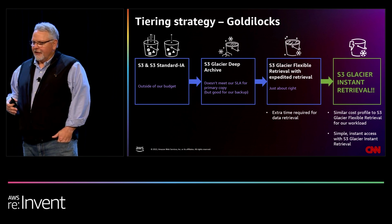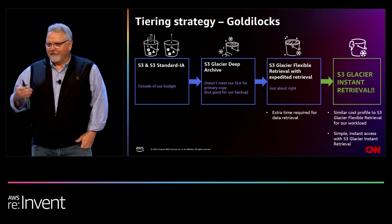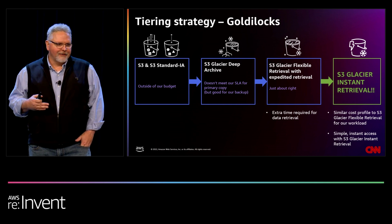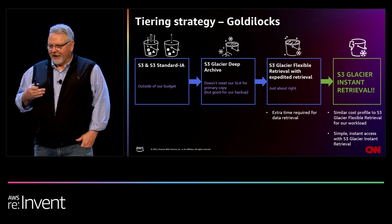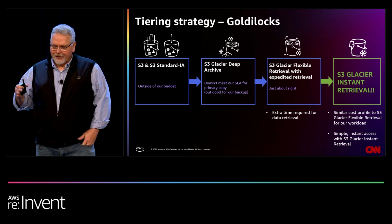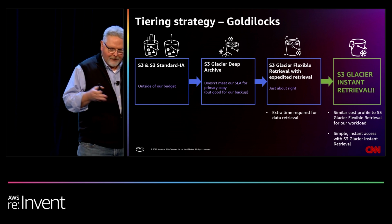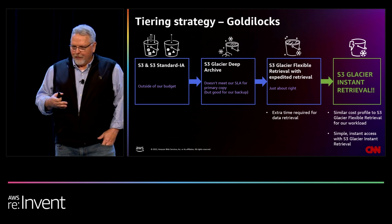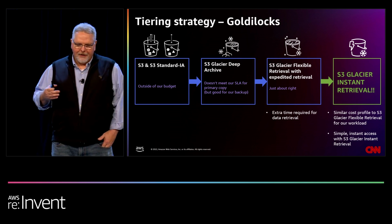As far as our tiers that we selected, Glacier Deep Archive was an obvious choice for our secondary or our backup storage. And initially we started using Glacier Flexible Retrieval for our primary storage. And we had already done a lot of work to get ready for that and to make that work. And we had already started putting some content in the cloud when our